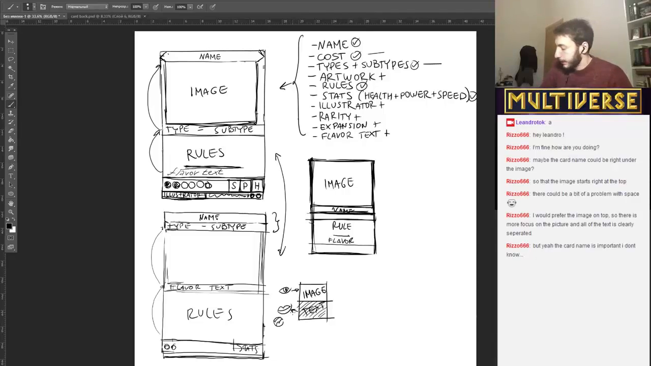That actually makes perfect sense. And in the text box, you can divide by, okay, the first thing you need to know is types and subtypes. Not necessarily the first, but here's where the types and subtypes are, then the rules, and then costs and stats. Makes sense. And after the rules, you can have a little bit of flavor. Okay, perfect. I don't know what else to do, so maybe we can